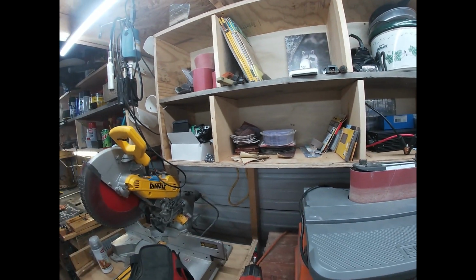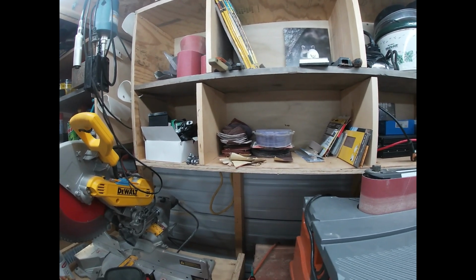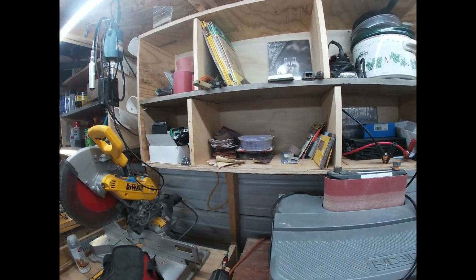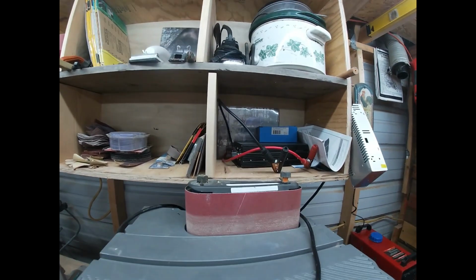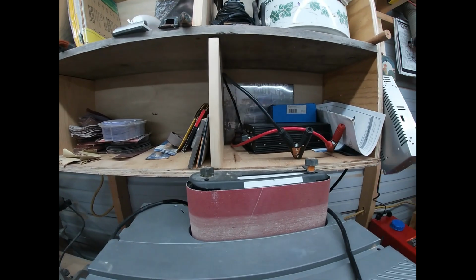I need to go through and organize it a little better, build a little shelf that's easy to dispense it. I got some more of my solar panel stuff up here. Got to get all that sorted out